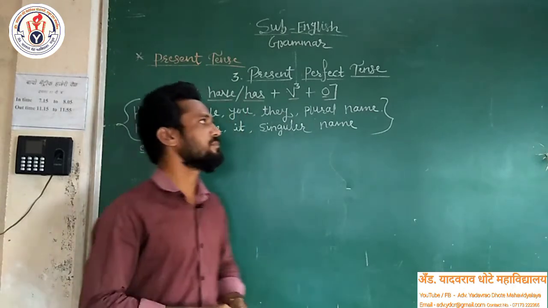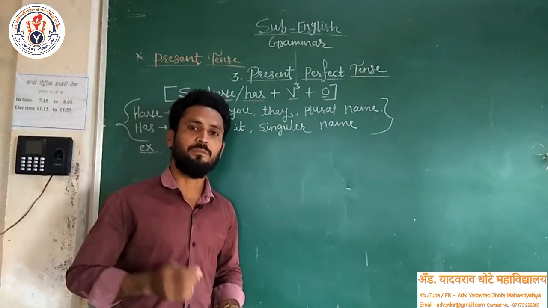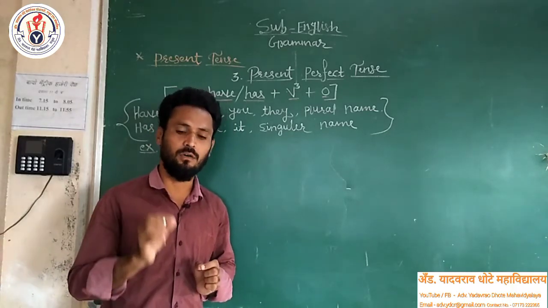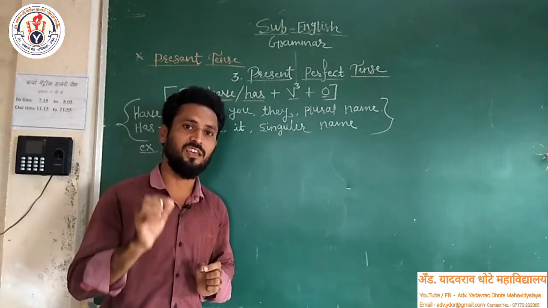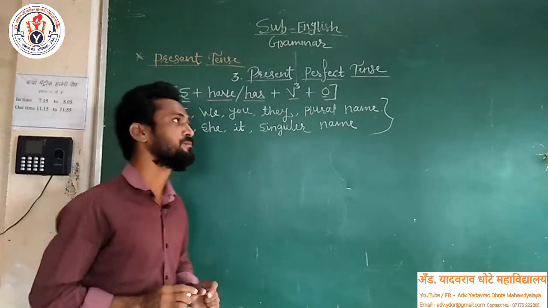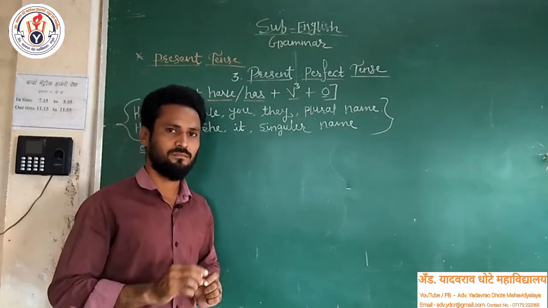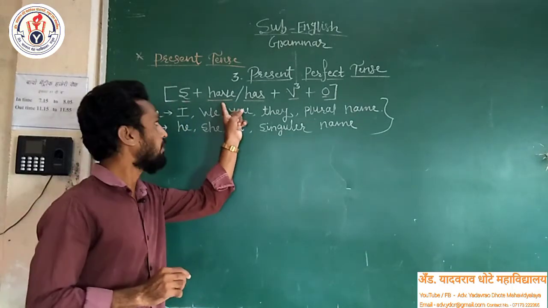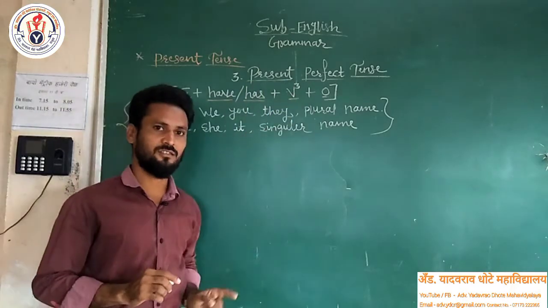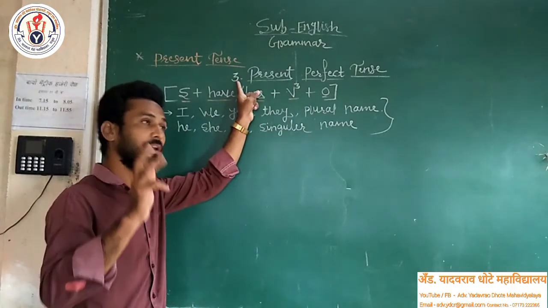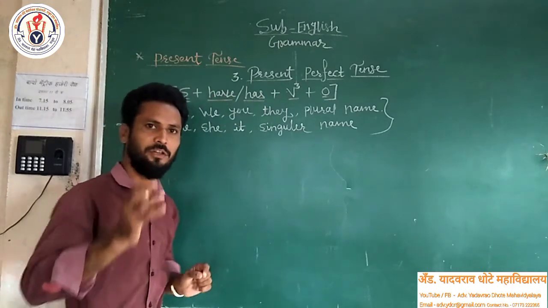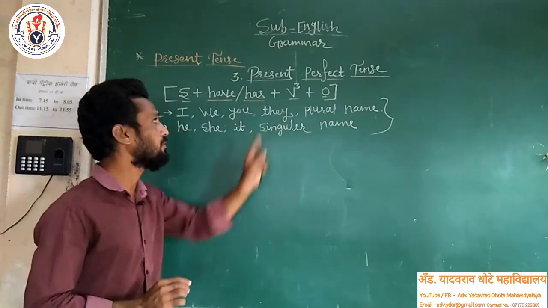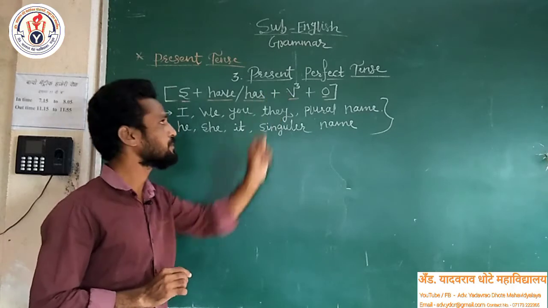Dear students, as per my previous statement, you know that every tense has a particular formula. That formula provides you the way, the method or the technique of making a structure or sentence pattern. So, as per the previous activities, first of all we will see the formula of present perfect tense. Present perfect is the third subkind of present tense, for your information. What is the formula of present perfect tense?